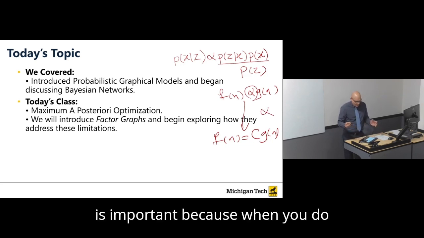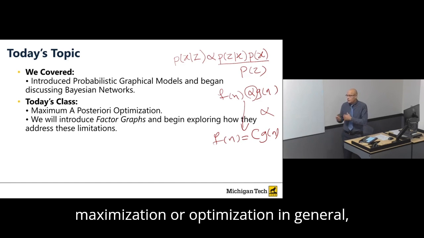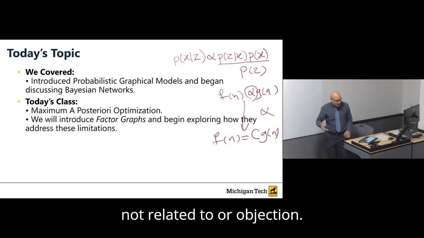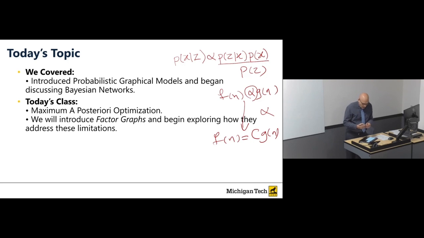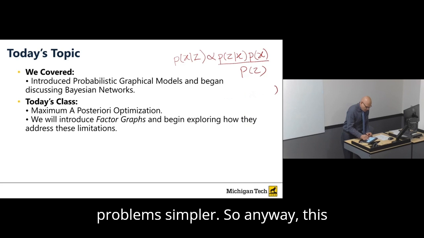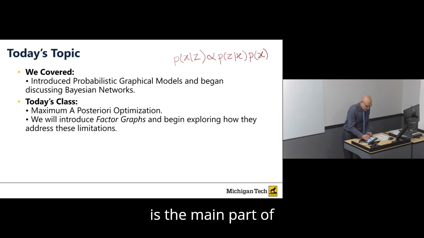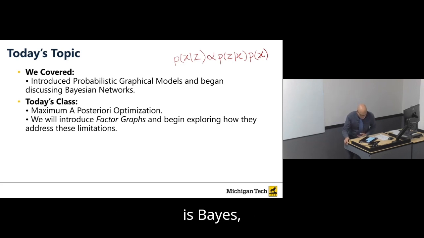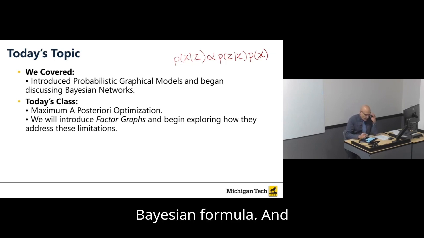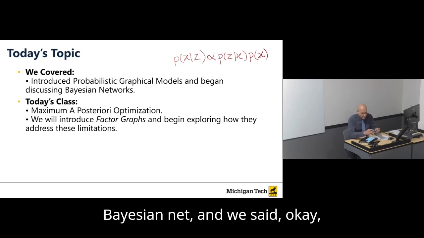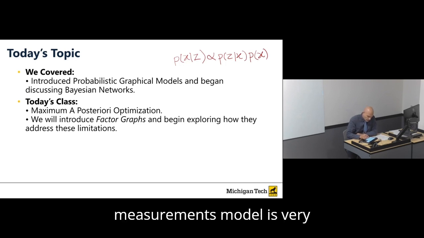Proportion is important because when you do maximization or optimization in general, we don't care about other parts that are not related to our objective. So we can take them out and make the problem simpler. So anyway, this is the main part of all of the topics that we're going to talk about, this formula, the Bayesian formula. And last class, we started talking about Bayesian nets, and we said, okay, the measurement model is very